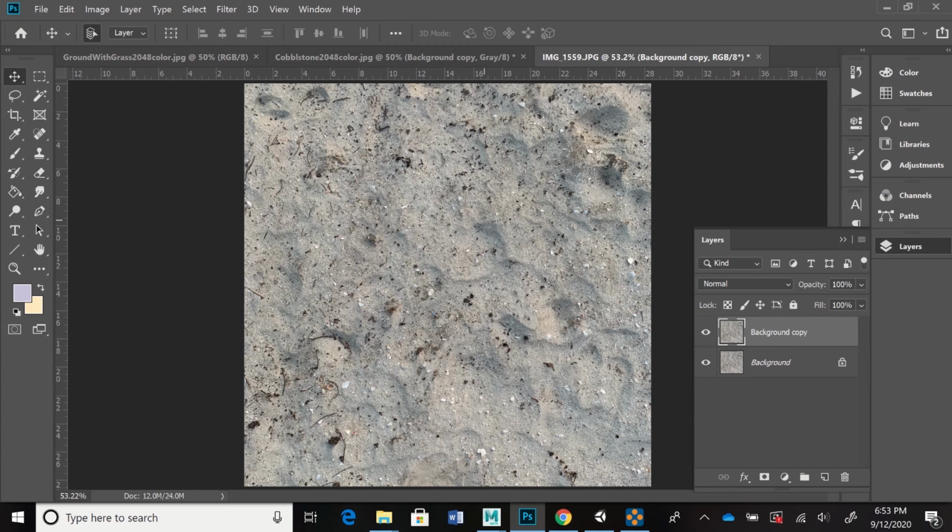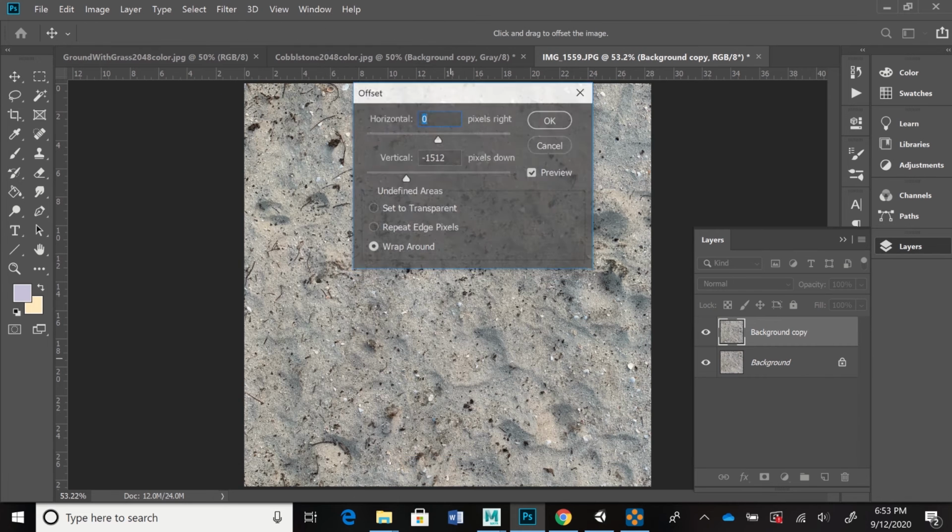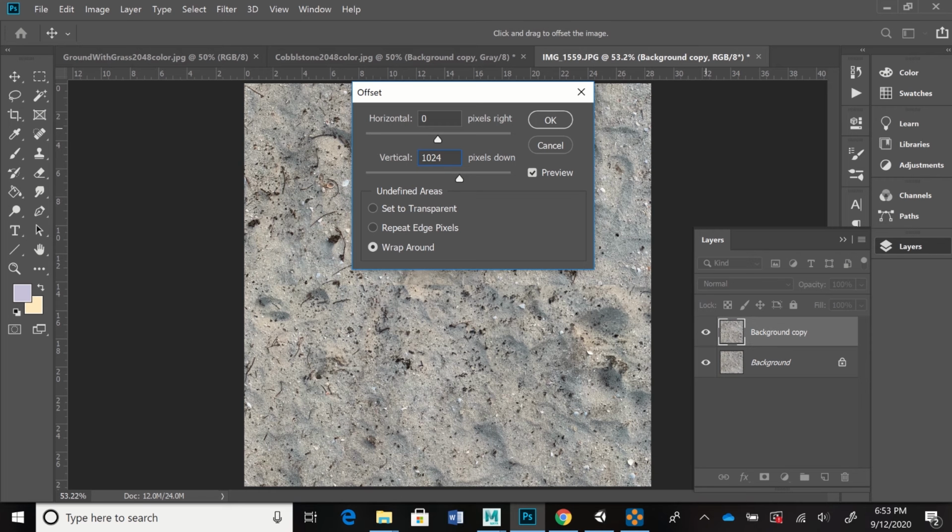One other thing I might do before I do the offset, or I could do this at the end, it probably really doesn't matter, is go in and try to remove some of these shadows. But I'll do that at the end. Let's go ahead and do the offset right now. So I'm going to go to Filter, Other, and do an Offset. The offset I want is going to be half of 2048, so I'm going to put 1024. So if I type in 1024 and hit OK,